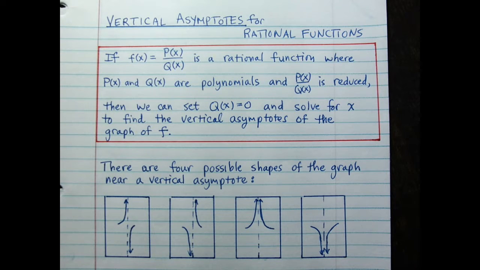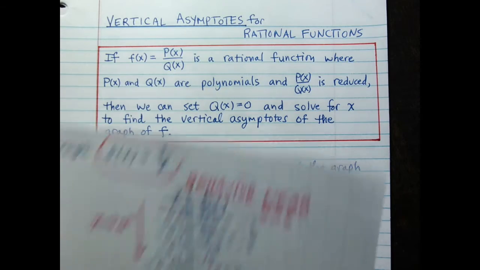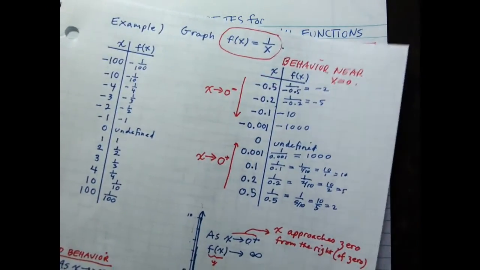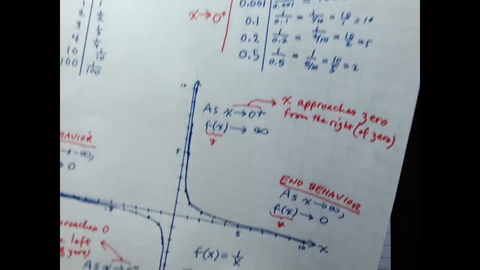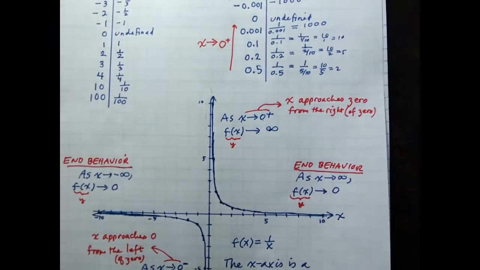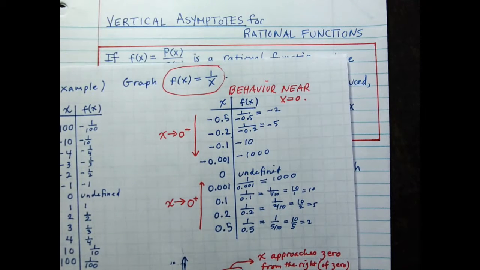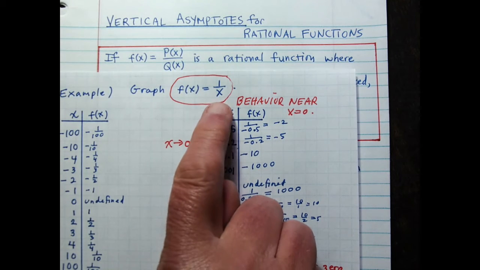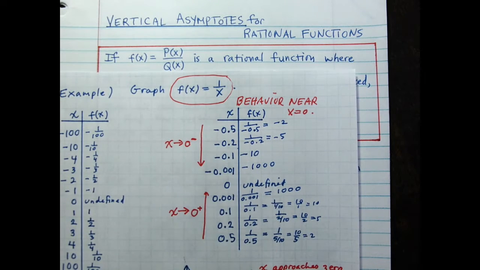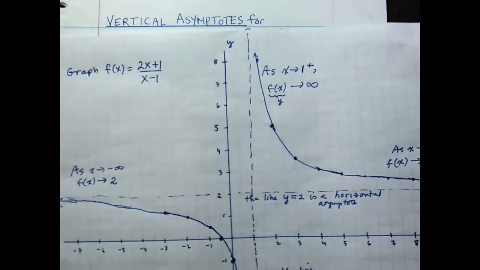Now that we've looked at a couple of rational function graphs, let's try to come up with a rule for finding the vertical asymptotes for rational functions. We saw that our graph of 1 over x had a vertical asymptote on the y-axis. Now the equation of the y-axis is x equals 0, which is the same as setting the denominator of that function equal to 0. Our other example